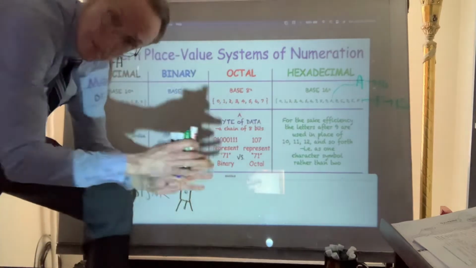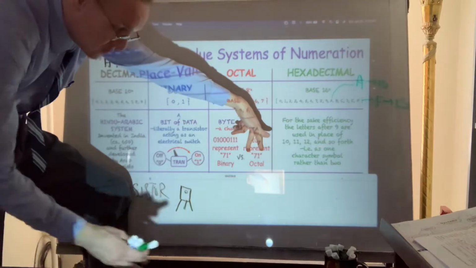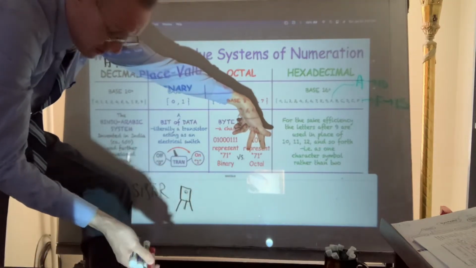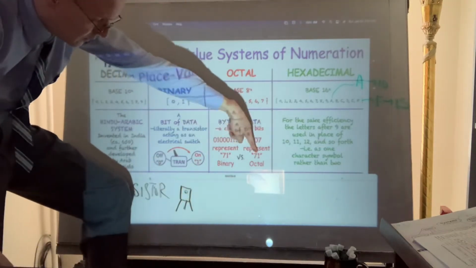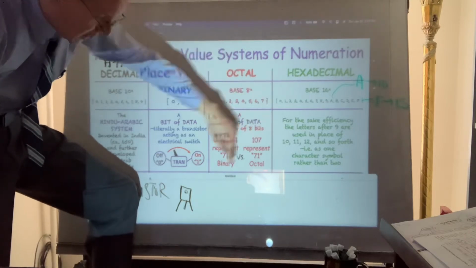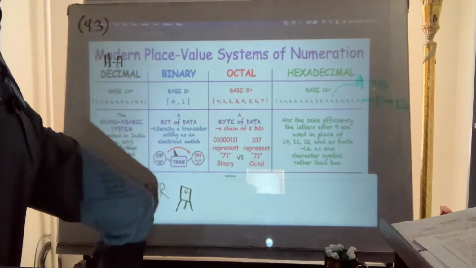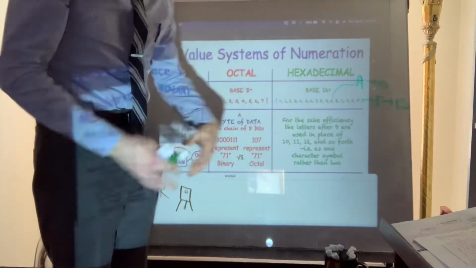These, because of the models that we employ, equate to what we are familiar with, the number 71, just as an example. This is Hindu-Arabic, this is binary, and this is the octal version. They all represent the same amount. Going a little bit further,